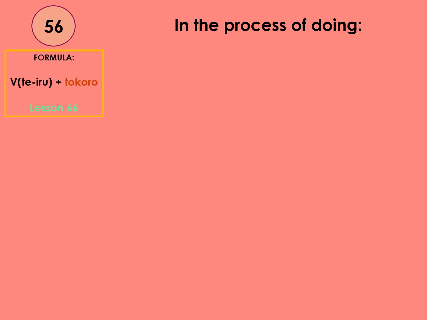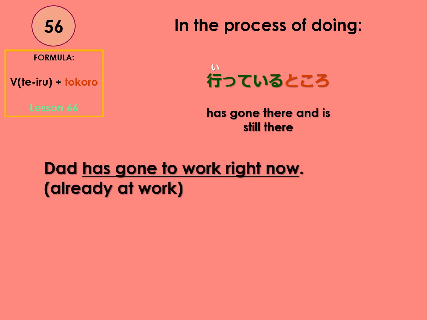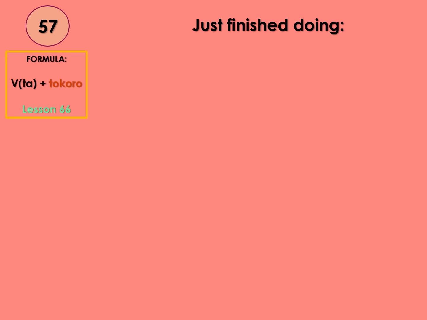56, in the process of doing. Te iru tokoro, te iru tokoro. Lesson 66. Having gone there and still currently there. 行っているところ、行っているところ. Dad has gone to work right now, meaning Dad has left and is already at work. お父さんは仕事に行っているところです。